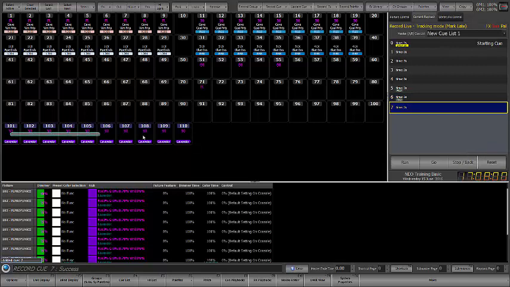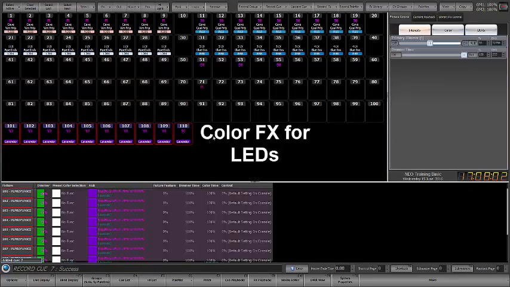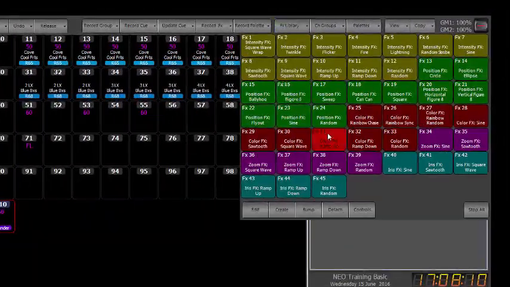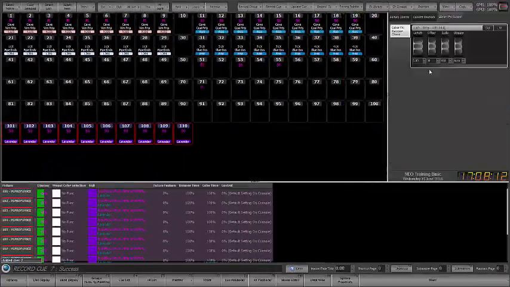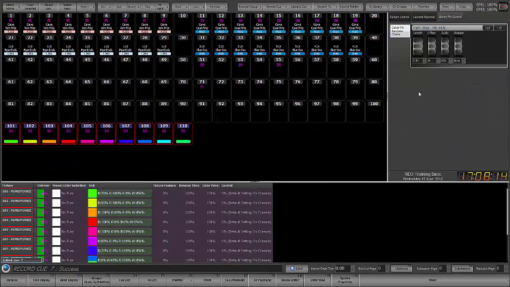If we want to look at this quickly for color changing fixtures, I'm going to grab 101 through 110 by just clicking and dragging, which you can do with your mouse or with your finger. And I'll do effect library, and I'm just going to grab rainbow chase. So I've got again length, offset, scale, and stagger. Stagger is a